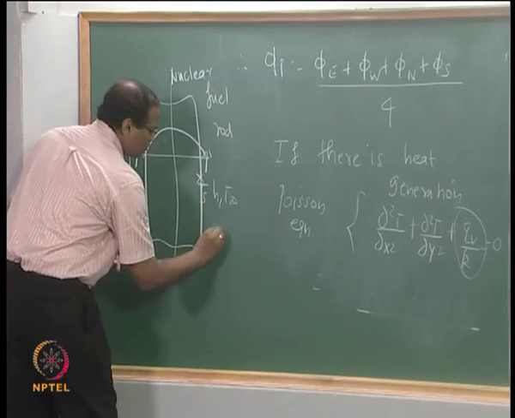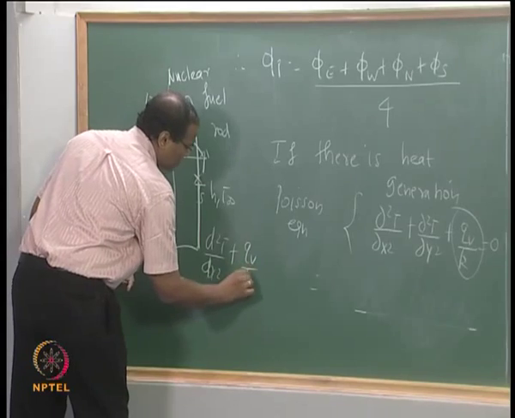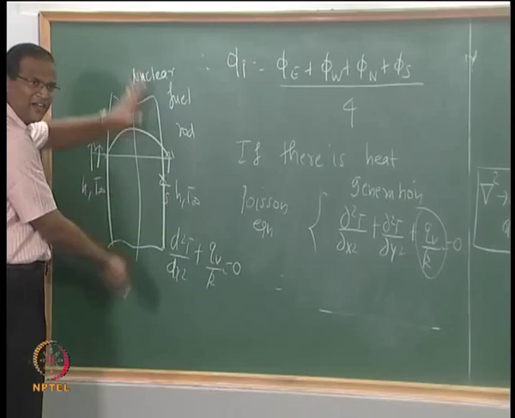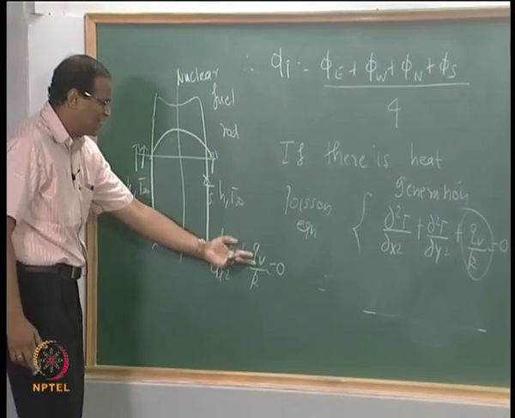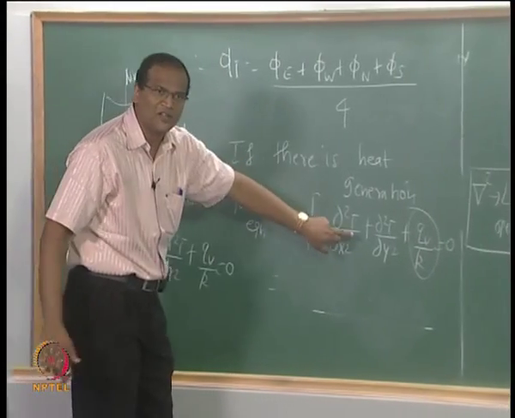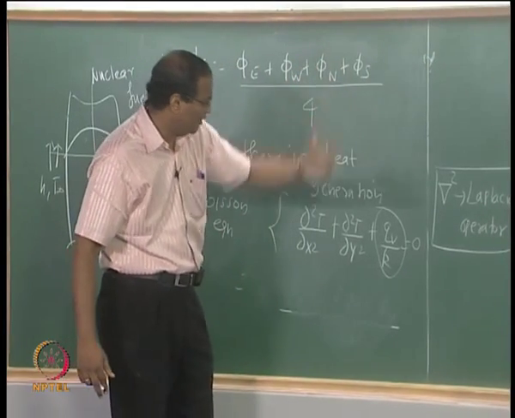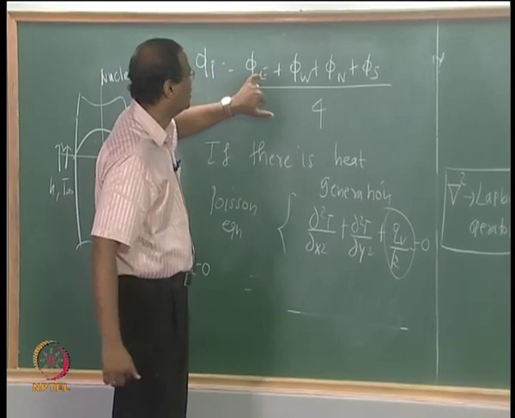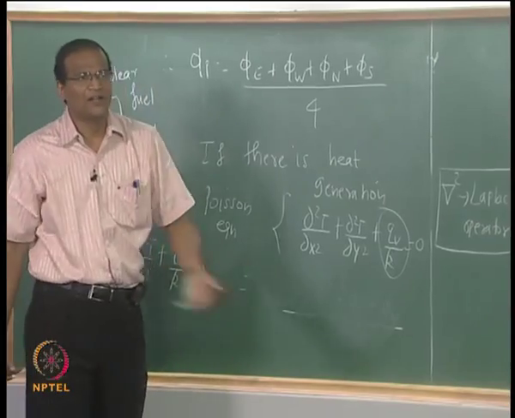For this the governing equation will be d squared T by dx squared plus qV by k is equal to 0, because you assume that the temperature is a function only of x, temperature is not a function of y, because it is infinite in the other direction. If this were to be a slab, this heat generation could be either because of the chemical reaction or a nuclear reaction and so on, so you will get the Poisson equation. You can still apply the Lagrange interpolation formula and finally relate the value of the node at point P to its neighbors east, west, north, south divided by 4 plus qV by k, and you can develop a numerical scheme and use the Gauss-Seidel method.